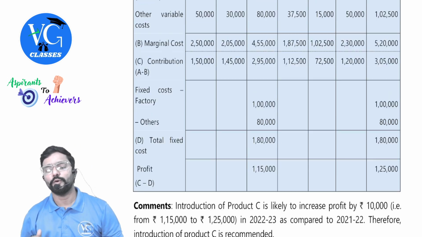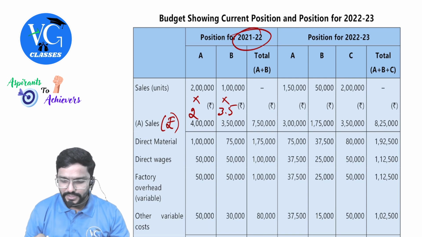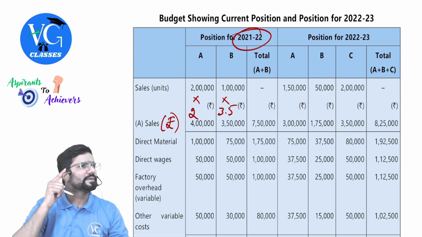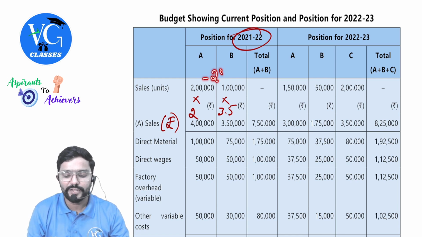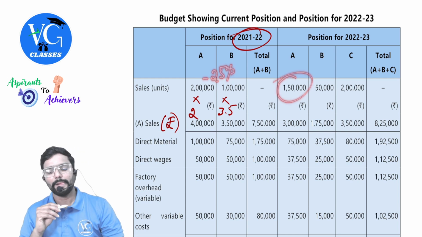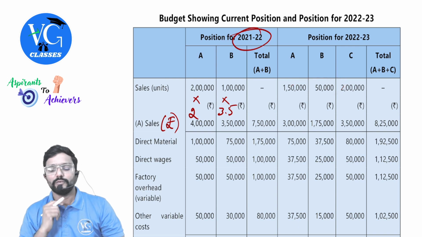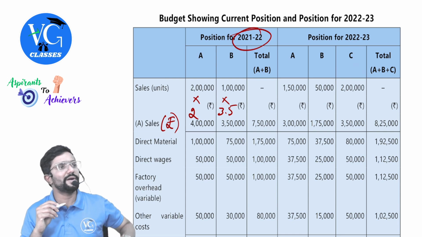Now coming to proposed. Guys, there is a fall. Please be careful. There is a fall. Sales, is it same units? No. 2 lakh will fall by how much? 25%. So 2 lakh minus 25% is 1 lakh 50 thousand. 1 lakh will fall by 50%, so 50,000. We are launching one more new product. Please be careful, see, the newcomer.